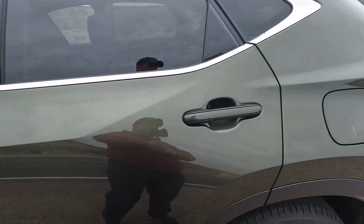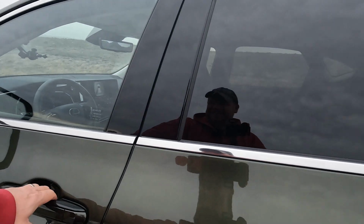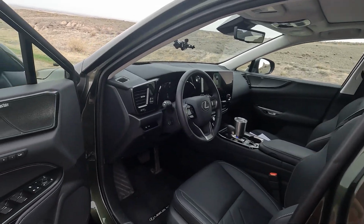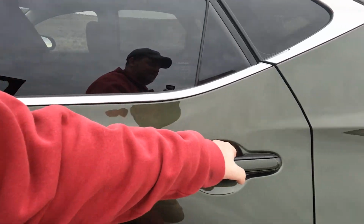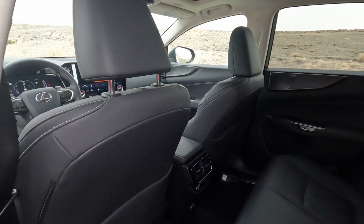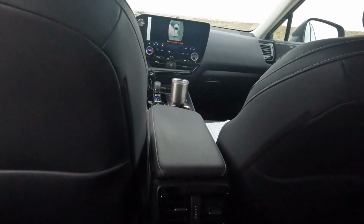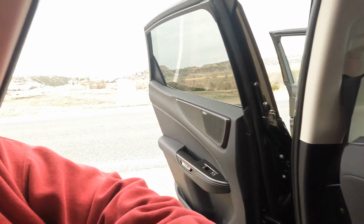Now, second row seating. Let's try to get in. Okay, unlock. Let's see. Lock button's gonna be right there. Let's unlock. There we go. Okay, so in the second row. All right. Heated seats, USBs, vents, and